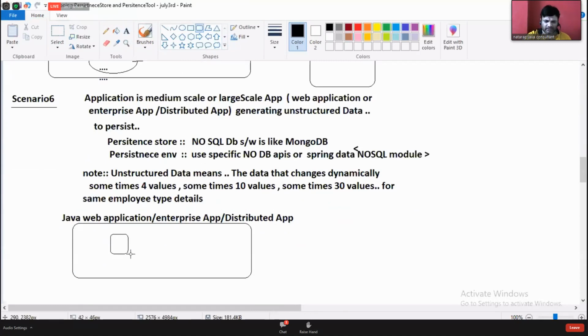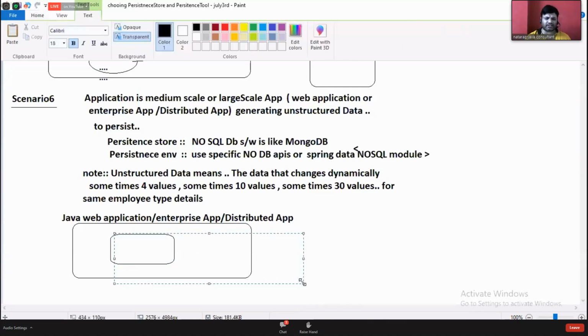Here, what is this? Unstructured data, like documents, paragraphs, key value pairs.